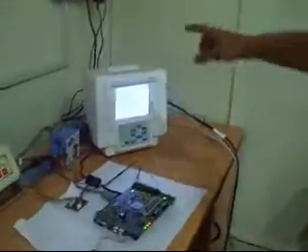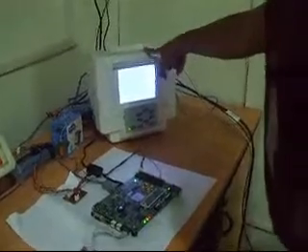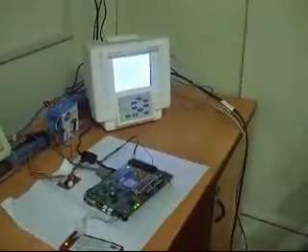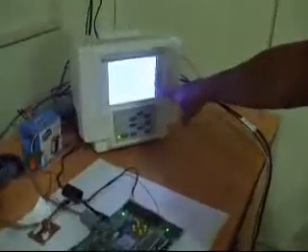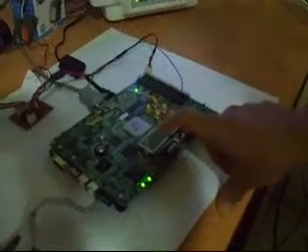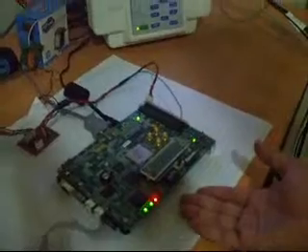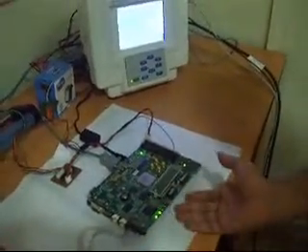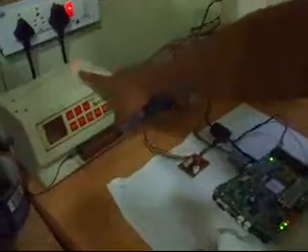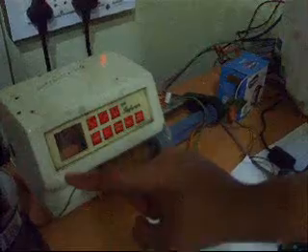Let me introduce you to my system components. This is my multi-parameter monitor. This is Concept Integrations multi-parameter monitor. It displays the heart rate, oxygen saturation, and mean arterial pressure. This is a Virtex 4 FPGA, that is, Field Programmable Gate Array board. So my control algorithm, that is the fuzzy logic based algorithm, is implemented in this board. And this is my syringe pump. This syringe pump delivers the anesthetic drug to the patient.